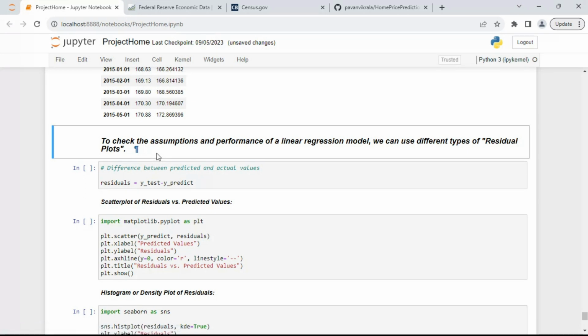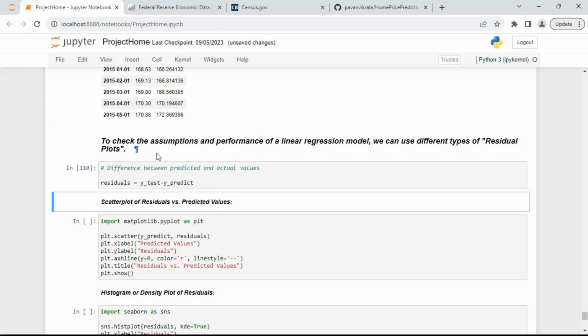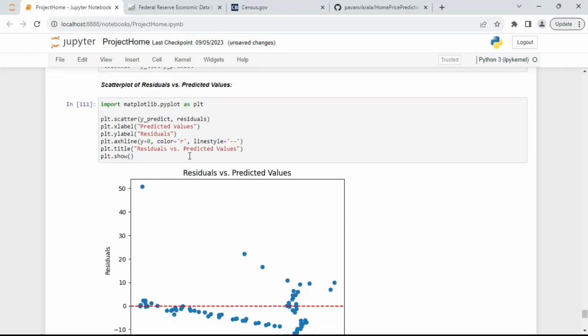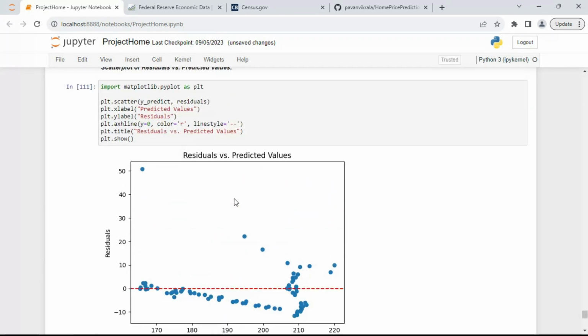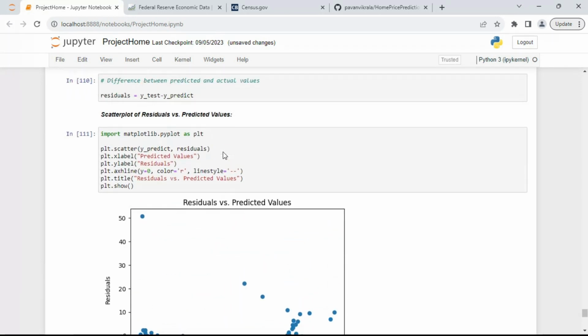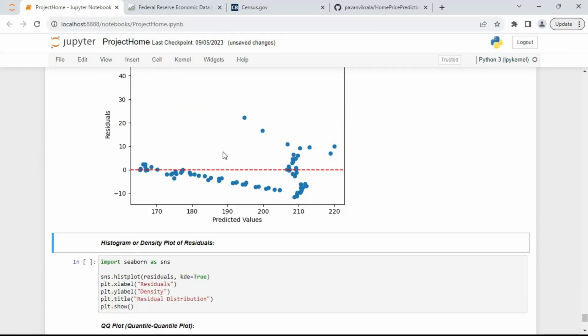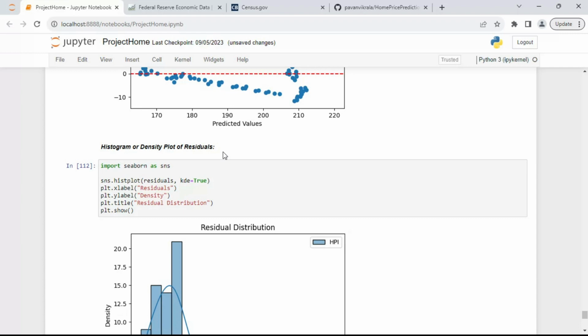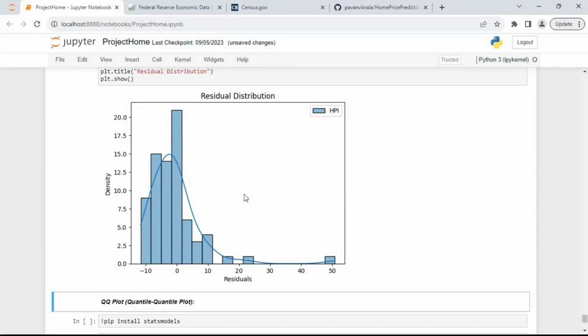This is plotting our data. Now let's use residual plots, and here I used matplotlib scatter plots. This is nothing but the data visualization part, and you can have a look at it on my GitHub page, which is